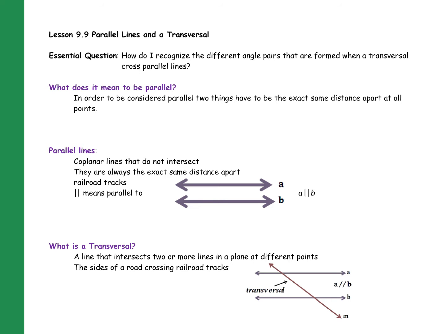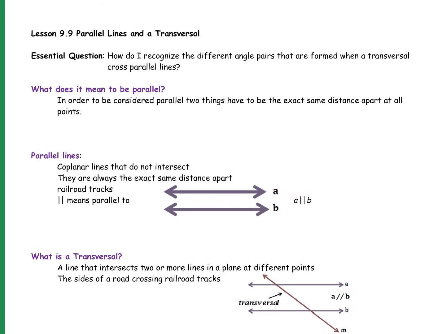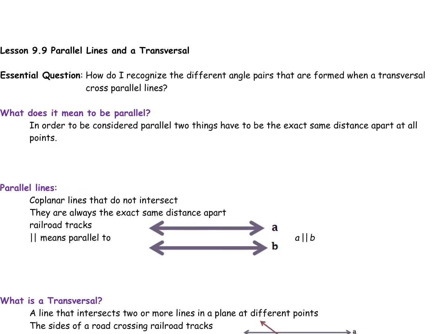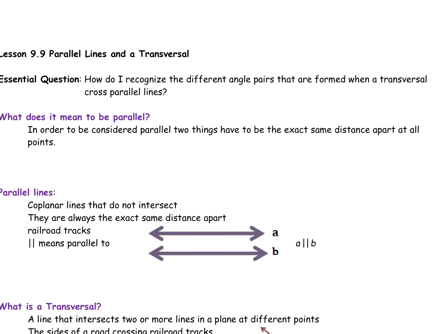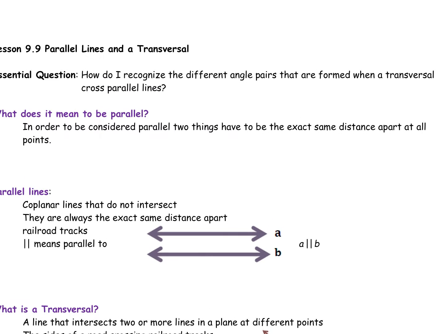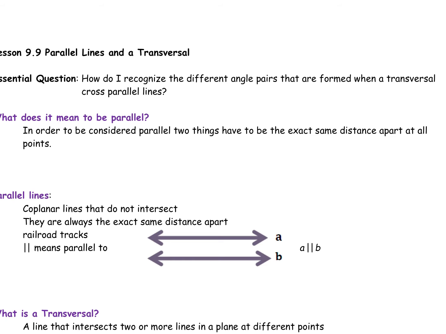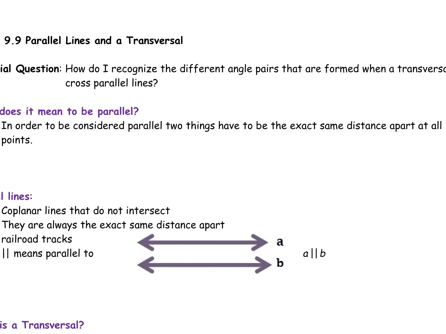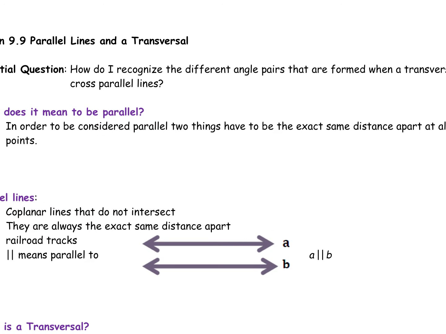Our essential question is, how do I recognize the different angle pairs that are formed when a transversal crosses parallel lines? I can't even read what I typed. So first, we're going to just talk about a few of those words in our essential question. And it says, what does it mean to be